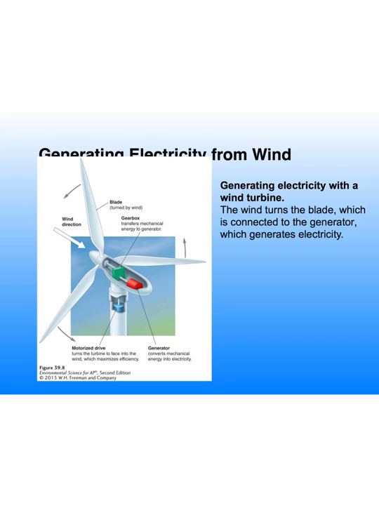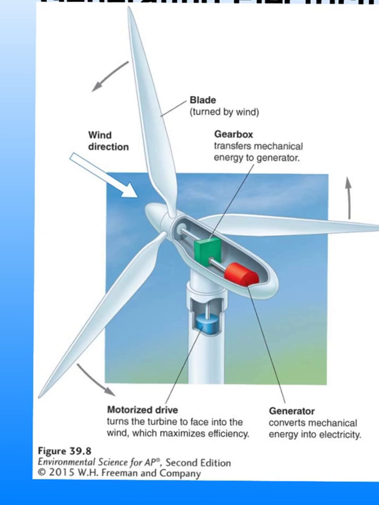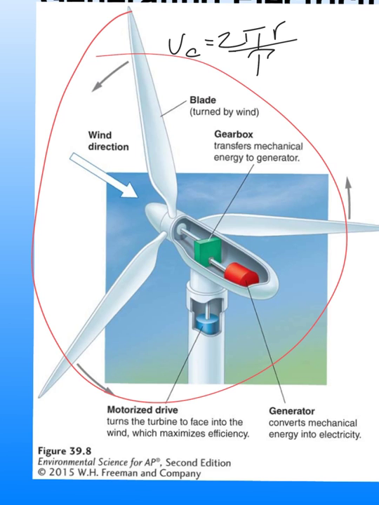Okay, so let's take a look at this guy, look under the hood. A blade turned by the wind. Obviously, the longer the blade, the more efficient it's going to be. It has to do with rotational velocity. I'm going to use the really simple 2 pi r over the period it takes for the blade to spin around. If you look, as the radius increases, as the radius of this circle I'm drawing out, this little circle right here versus this middle circle right here, you notice that as my radius increases,